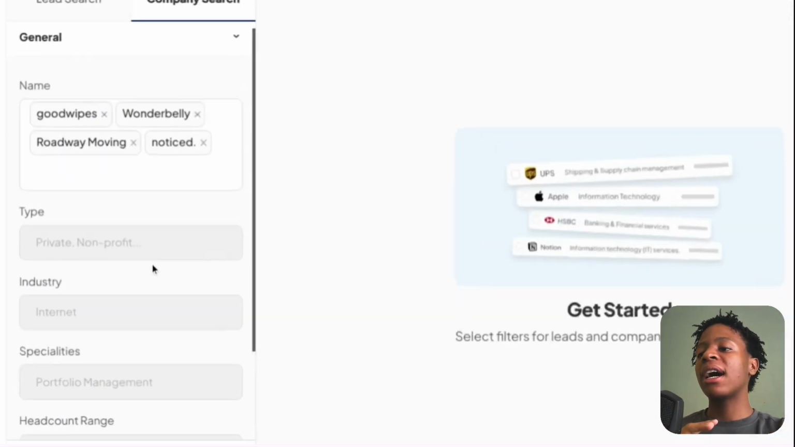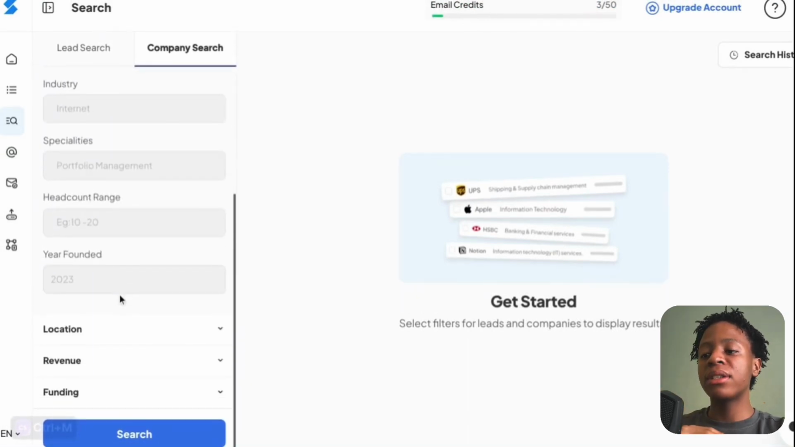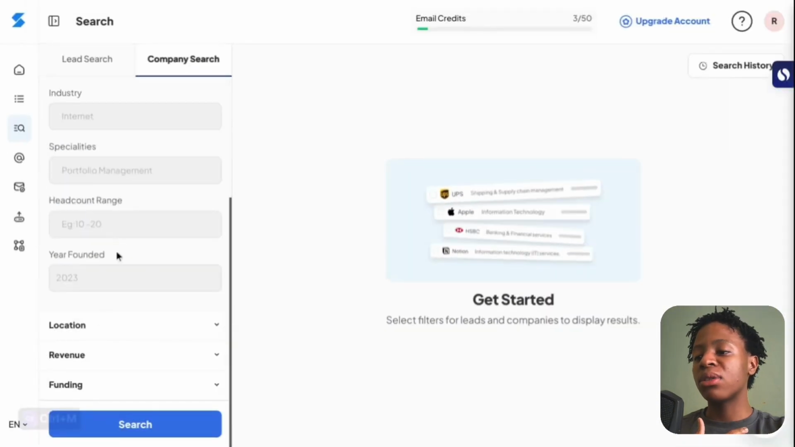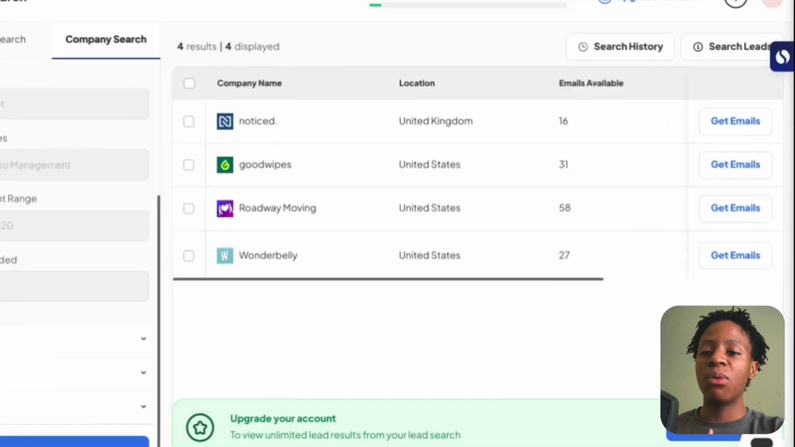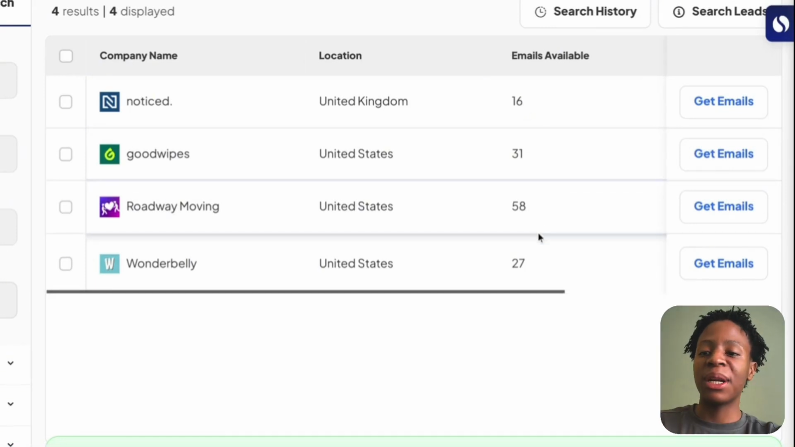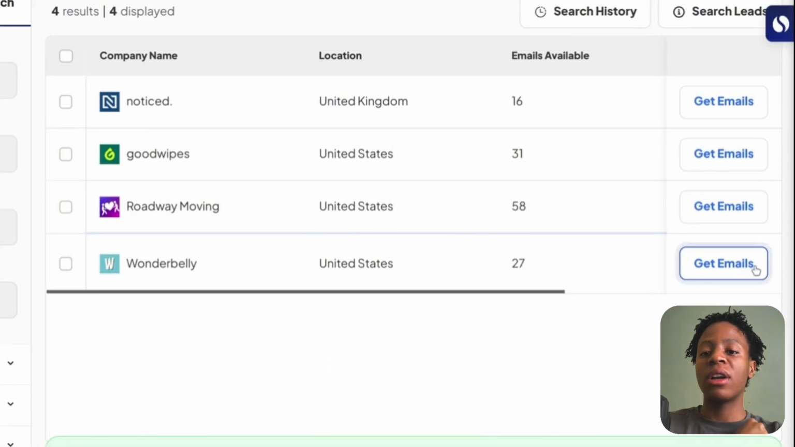One thing I want to highlight is to make sure you do not enable any additional filters within the company search. Just paste in the website URL link over here. Forget about location, revenue, stuff like that, because all of those are not relevant. Click on search, and there we have it, ladies and gentlemen, a list of leads where you can find the key decision makers' email addresses within those businesses. In this case I'm going to click on get emails,